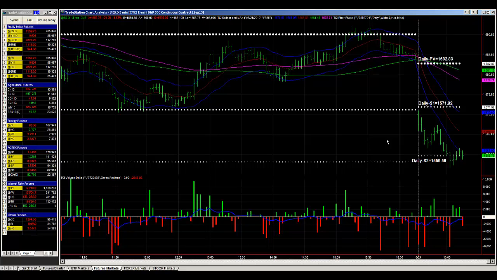So it's pretty much the same concept. You can use Fibonaccis from a weight of evidence approach to identify likely turning points.